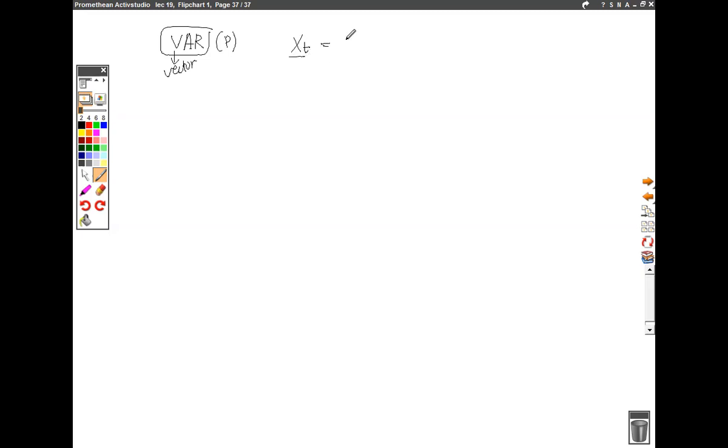Remember, this is a matrix, and that will be my mu, which is also a matrix. Because if I have a matrix here, it can only be a sum of other matrices. So I'll have plus summation j going from 1 to p, and I'll have Aj, which is again a matrix, times xt minus j minus mu, all of which are matrices, plus epsilon t. But now we have to make sure that these multiplications hold true and that the dimensions of all of